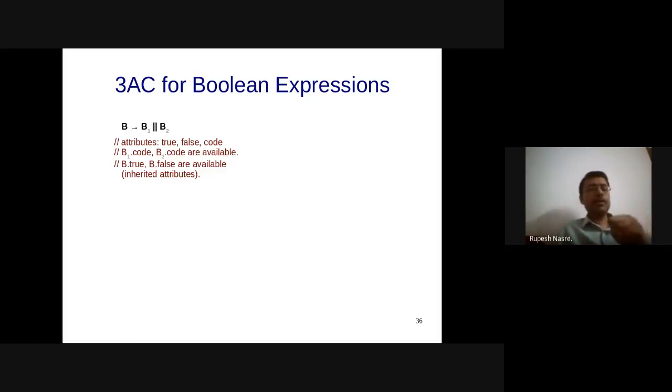Whether b.true and b.false are going to be available or not is decided by what context B is part of. If it is part of some if statement, if B then S1, then that if statement is going to push where that S1 is into B, as an inherited attribute before reduction of B. So that is what we'll assume.